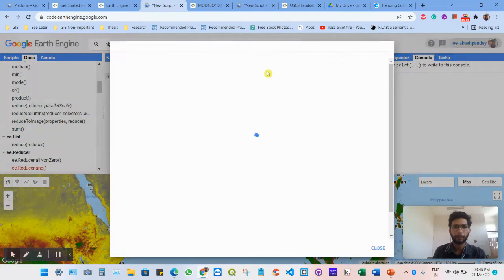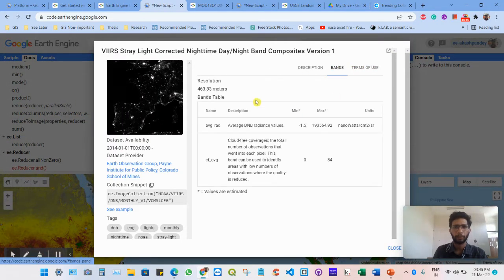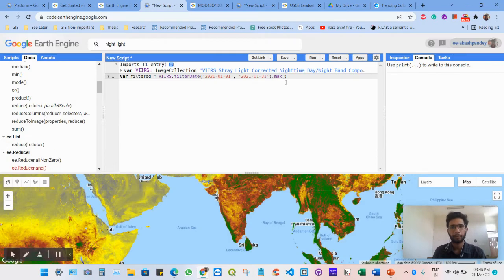radiance. You can check the bands here. What kind of bands does it have? It has the average radiance band and the cloud free coverage. But we want this band for the visualization of nightlight. And you can see the unit and the minimum maximum stretch. So let's say you want to select this band. We'll see, and